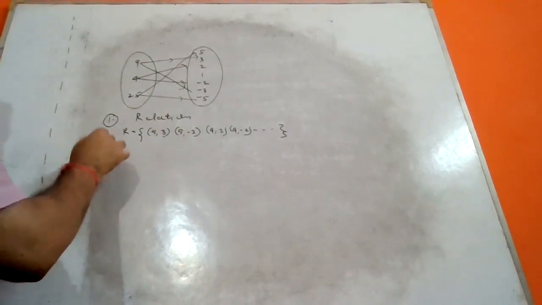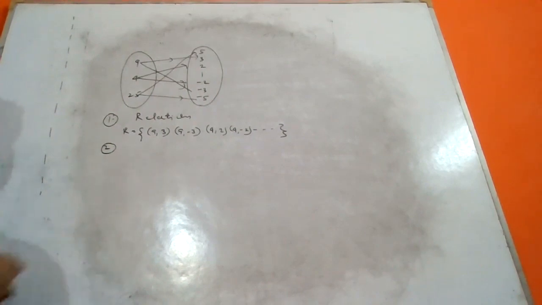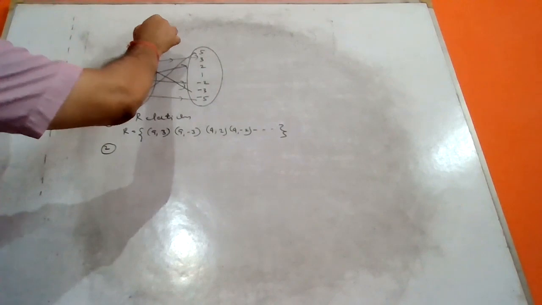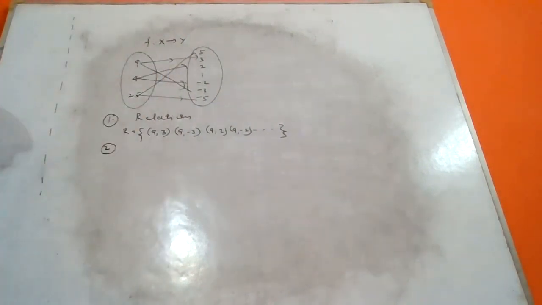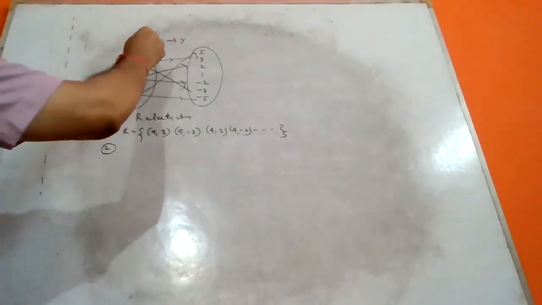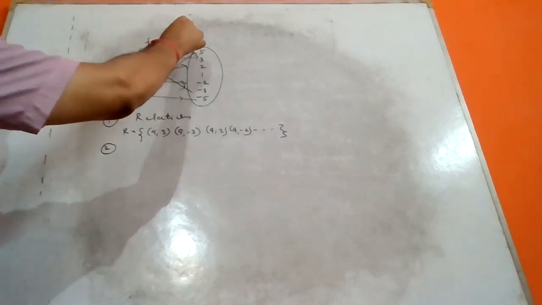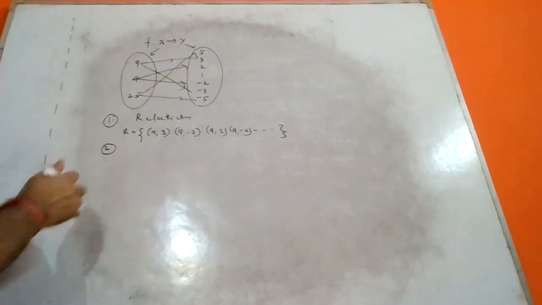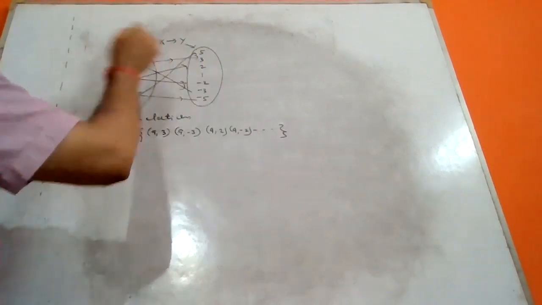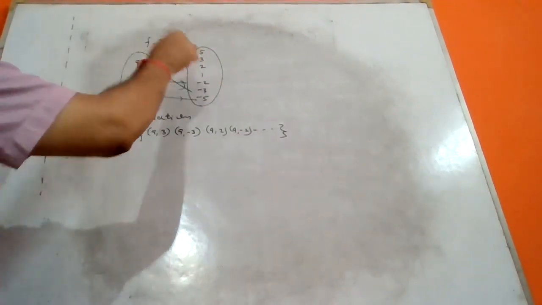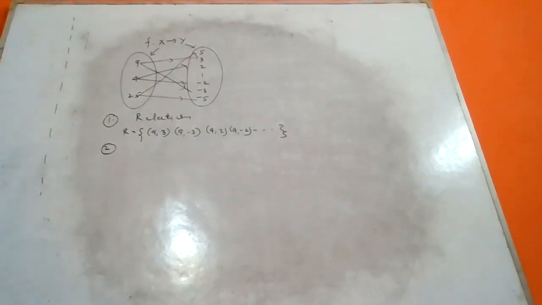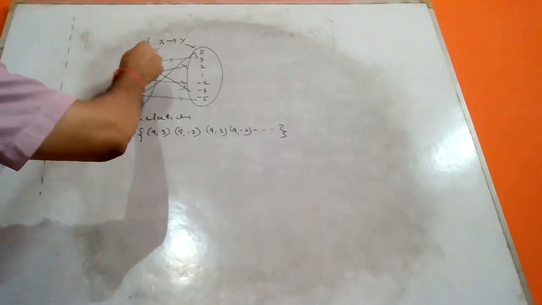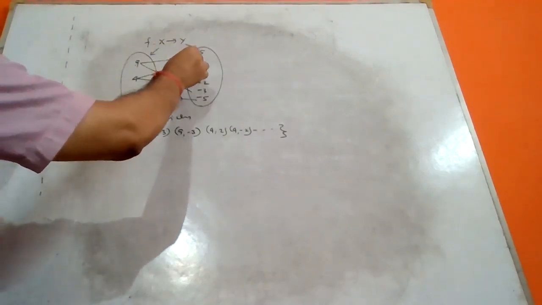And secondly, this is a good question. They ask for the relation in set builder form. Suppose the relation R has x belonging to the domain and y the codomain. The relation between these two elements is that the square root of x is equal to y, or you can say y is equal to the square root.